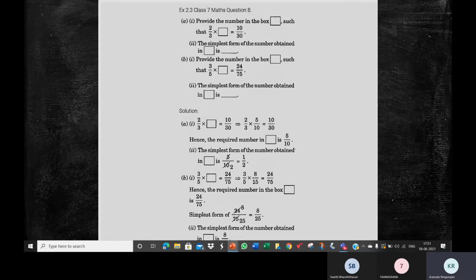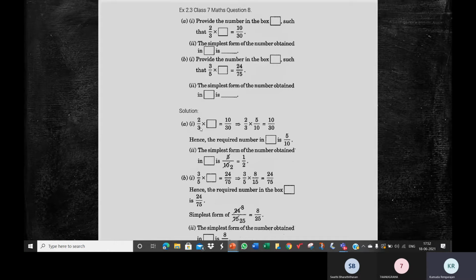It is not the process which we do when we have unlike fractions. We find the LCM and then we do some process to make them like fractions. Now that is using the concept of equivalent fractions. Whatever you multiply in the denominator, the same thing you will do in the numerator. That's one thing. This is different, children. So the question is, you want 2 by 3 to become 10 by 30. Then by what should you multiply? The numerator 2 should become 10, so I should multiply by 5. The denominator 3 should become 30, so I should multiply by 10. 5 by 10 is the fraction.